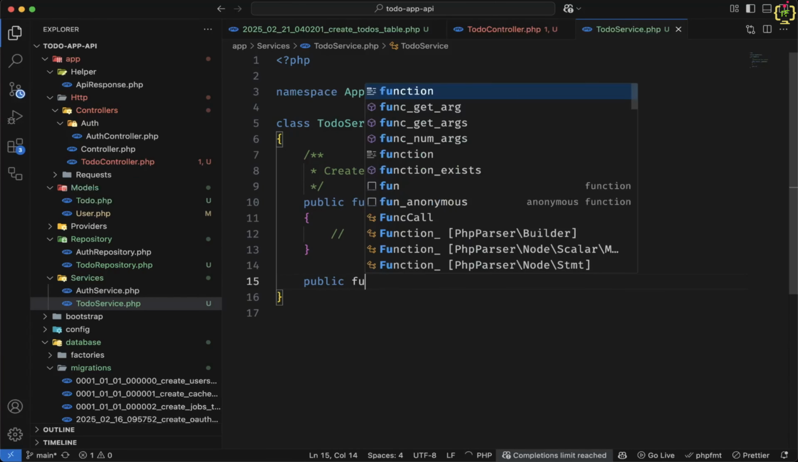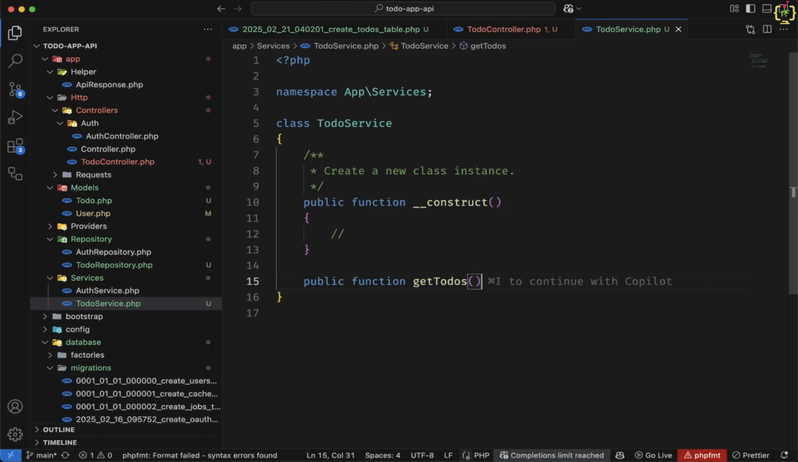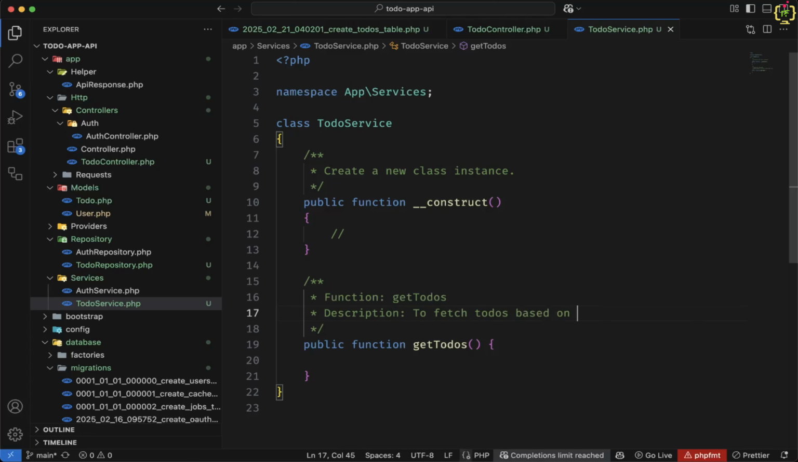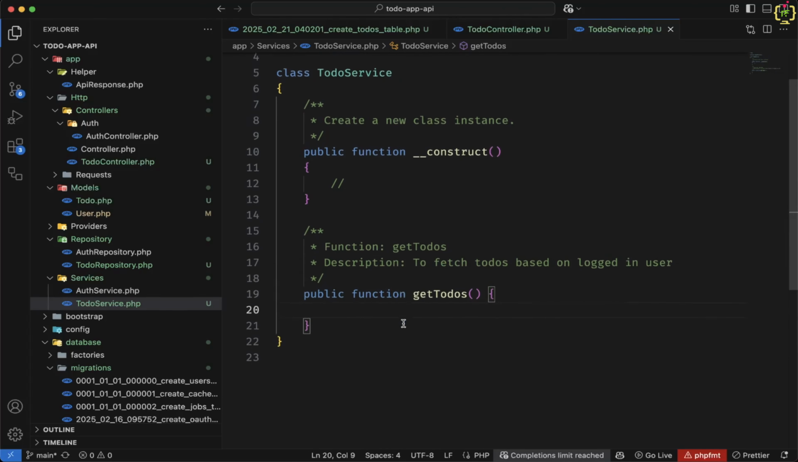So I will define public function getTodos. This function will fetch all the todos based on the logged in user. So inside this function,